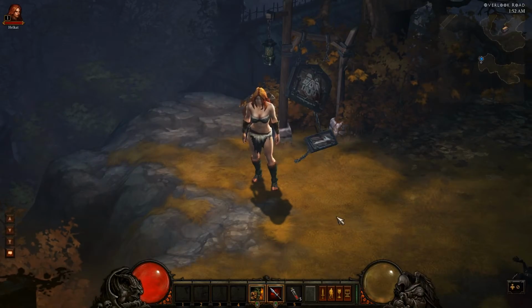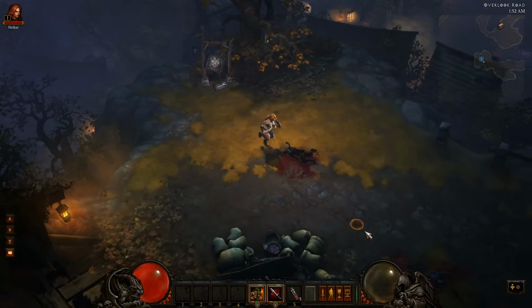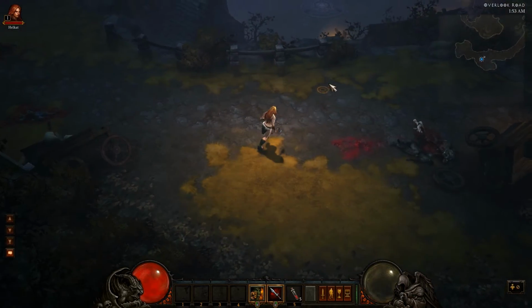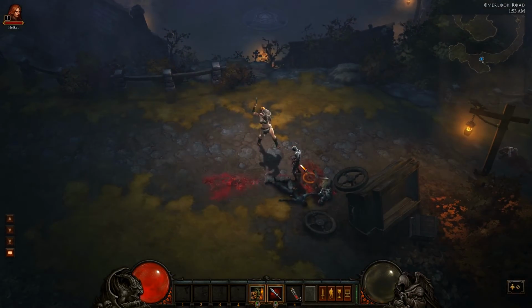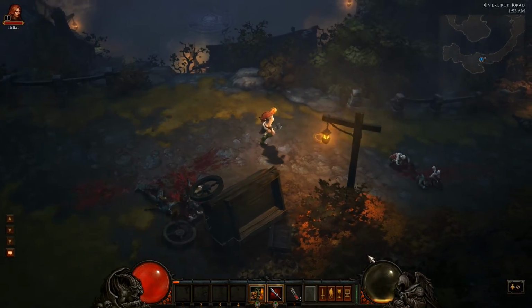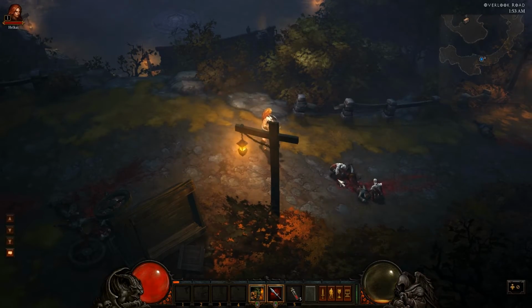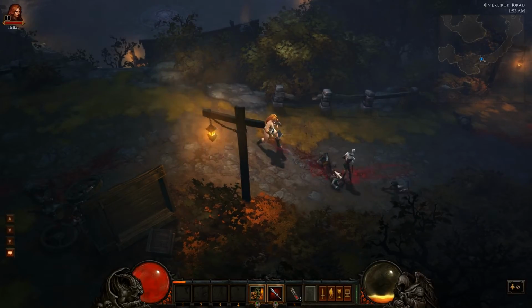So we're going to go ahead and get the first 15 minutes started here. And let's check out what the Barbarian has to offer. Down the road of doom we go. Kill some zombies. So as you can see, I hit it and I got Fury generated, and this is going to slowly drain down back to 0 unless I continue to bash things and